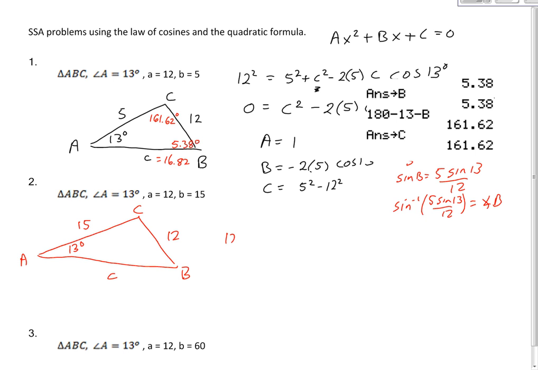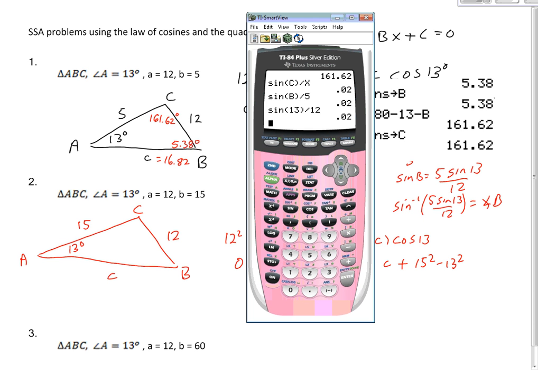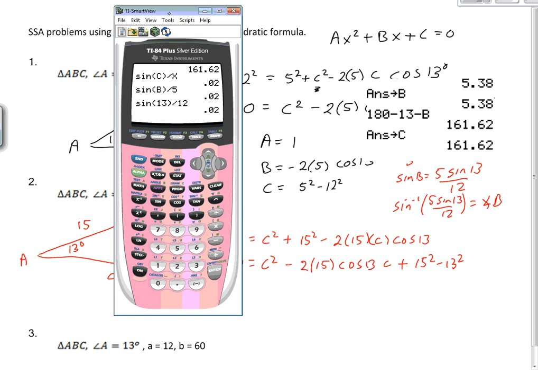This is 12 squared equals C squared plus 15 squared minus 2 times 15 times C times the cosine of 13. And I get 0 equals C squared minus 2 times 15 times the cosine of 13, C plus 15 squared minus 13 squared, and I put that in my calculator with the quadratic formula,